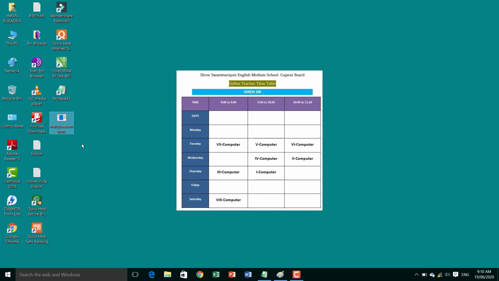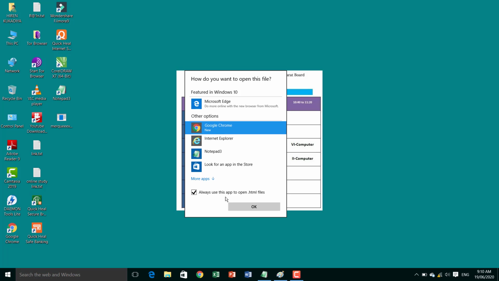Now we will see the output of this. So you will see here, this is our Marquee tag, it performs like this. You will see the movement from the right side to the left side.